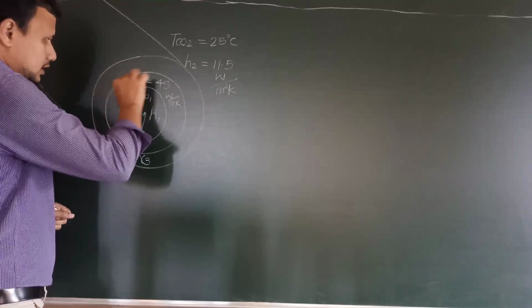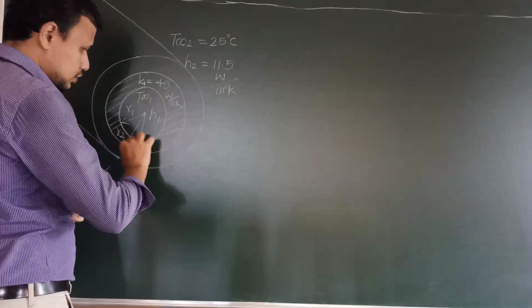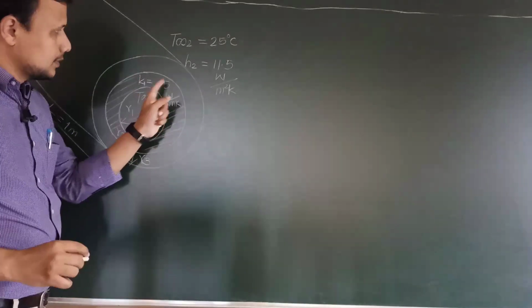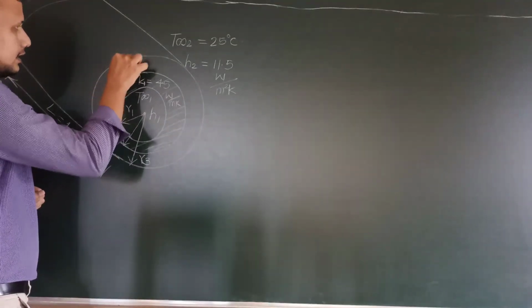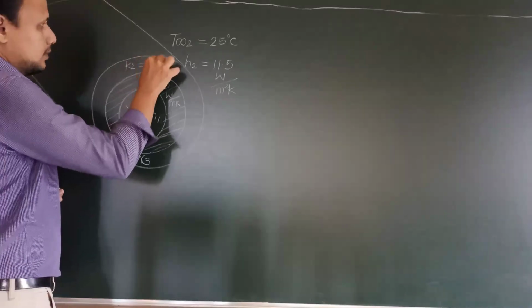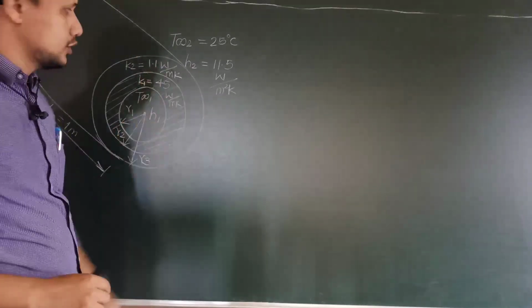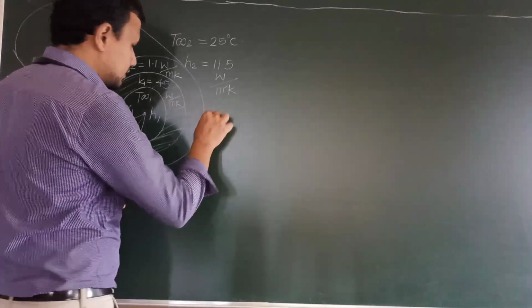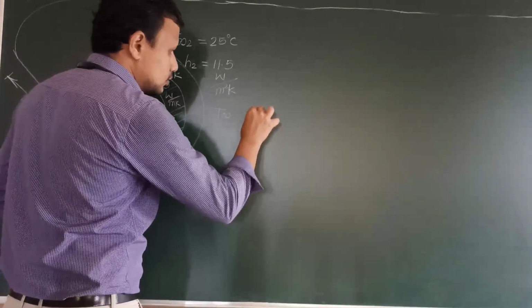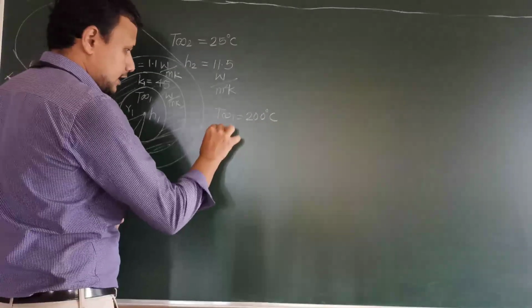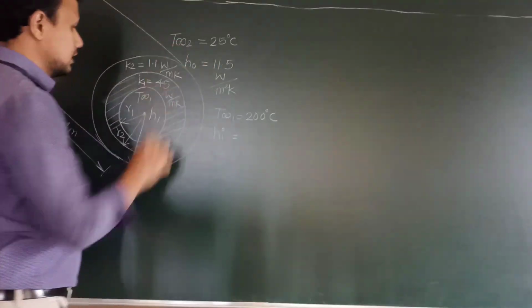I will simply indicate the pipe with the help of this hatching symbol so that you don't get confused with the presence of the pipe and presence of insulation. Okay, so this is the pipe that we are talking about, and then there is the second conductivity, which is 1.1 watt per meter Kelvin, and it is nothing but the conductivity of insulation. Now we also have this T infinity 1, which is the temperature of the steam. So that is T infinity 1, which is equal to 200 degree Celsius, and the heat transfer coefficient on the inside,